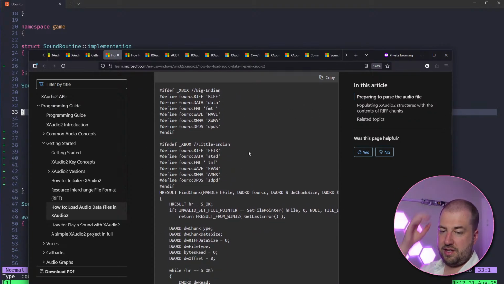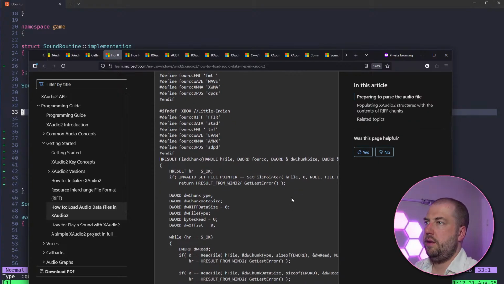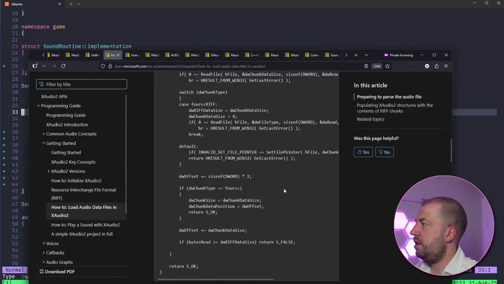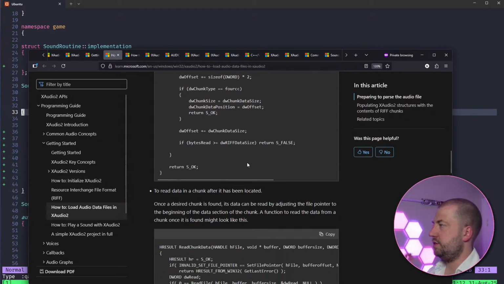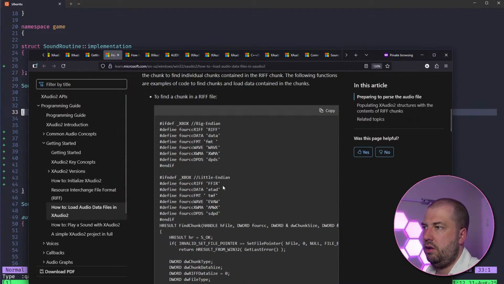That's WAV contains RIFF. Well, there we go. Why not anything? Because this API doesn't seem to support it, and I don't have one. Doesn't mean I can't get one. To read data in a chunk. Okay. Oh my goodness. Right. Classic.